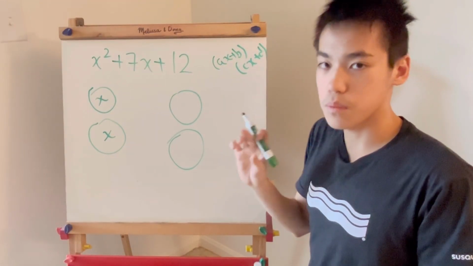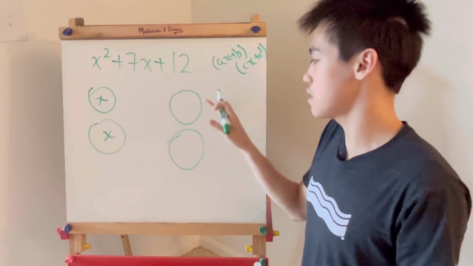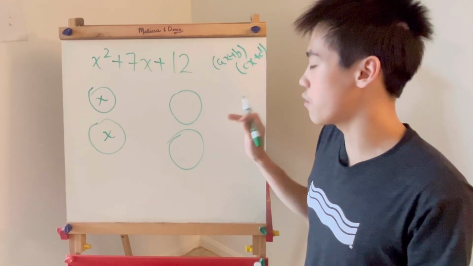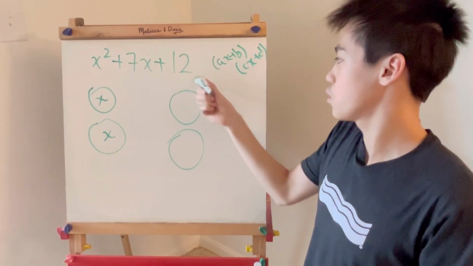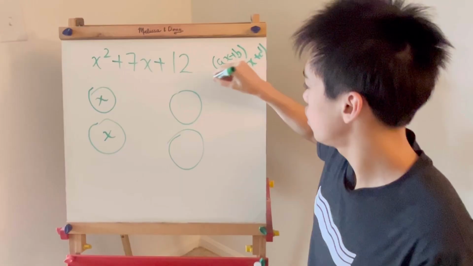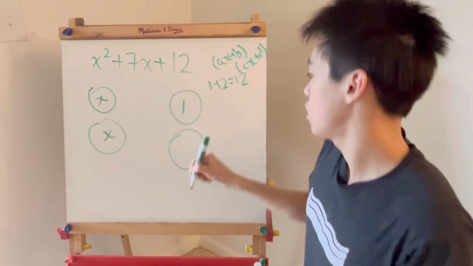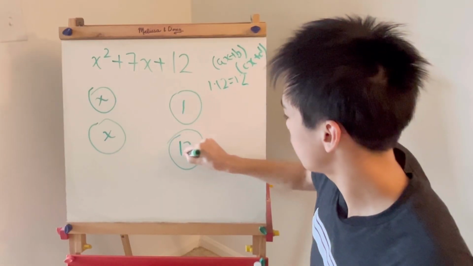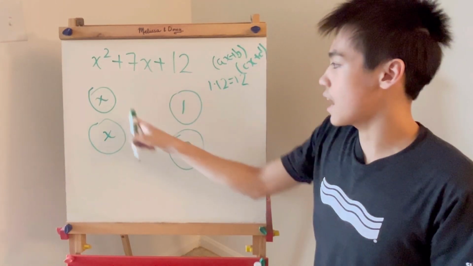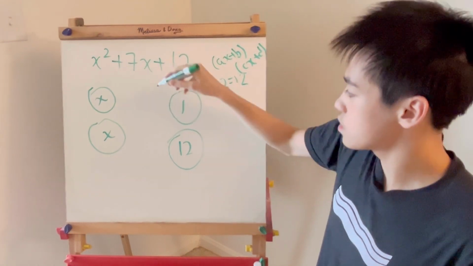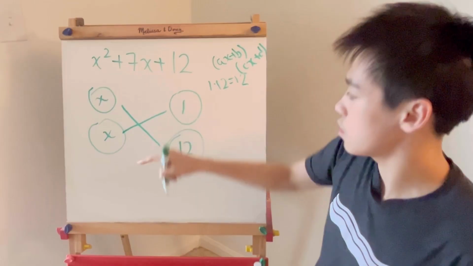And this might take a little bit of trial and error at first, but eventually we'll see that this becomes a very, very fast process. So let's just write, well, we know that 1 and 12 work because 1 times 12 equals 12. So let's just write 1 and 12 like that. So how we check that this possibility works is by considering the products of the numbers along these diagonals